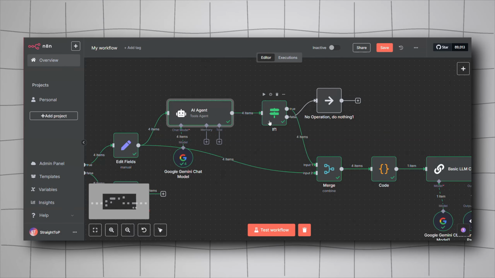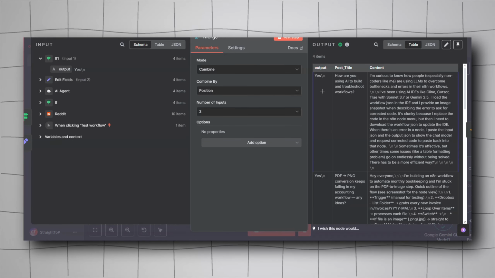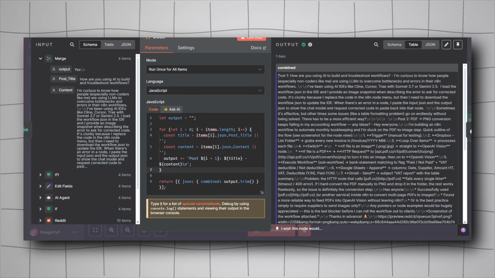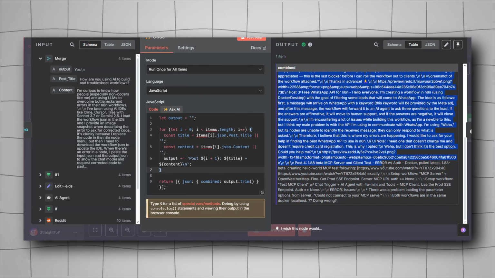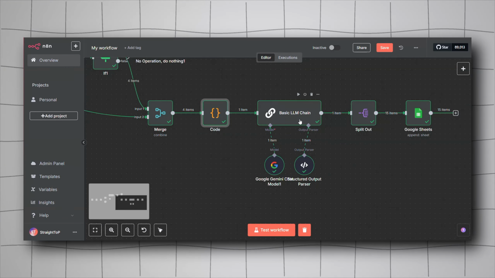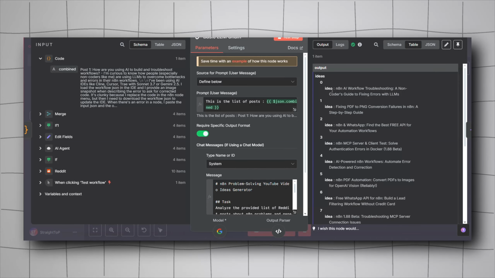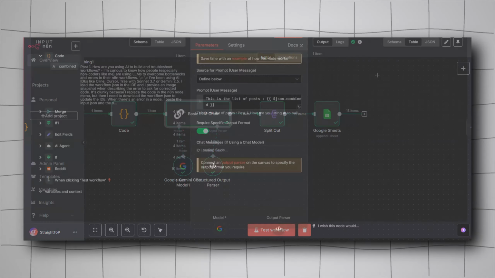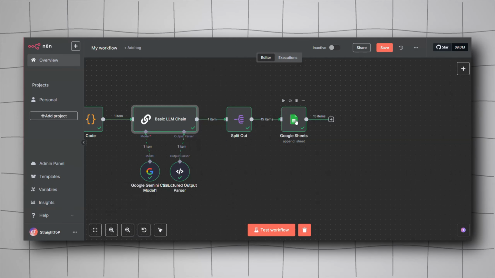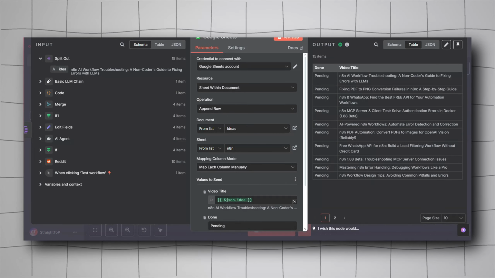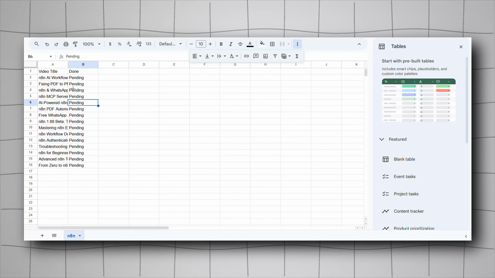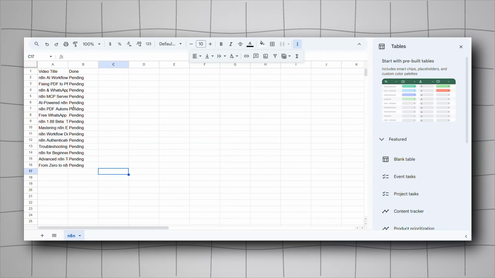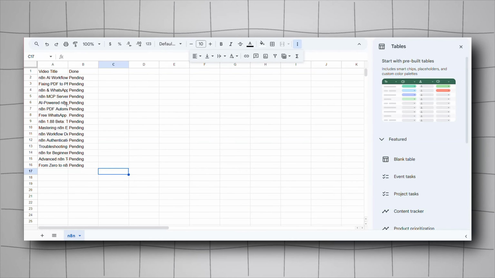Alright, so we have merged the output for yeses with the post title and then the content of the post. And then we have created the combined string of all the posts together. As you can see here, we passed it to an LLM, which will be generating the idea. So it gave us multiple ideas here. And then we use the split out node to go through these one by one. And then we add them into the Google Sheets, as you can see here. Let's go to the Google Sheets. So in the Google Sheet, we got the ideas. We can view them. So like this, we got 15 video ideas ready to go,